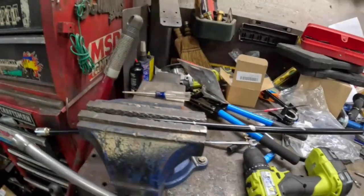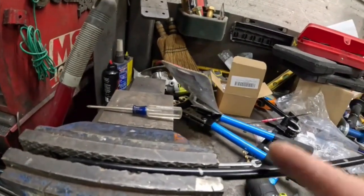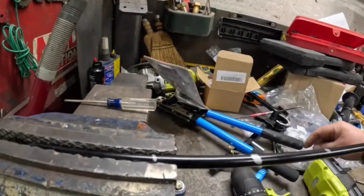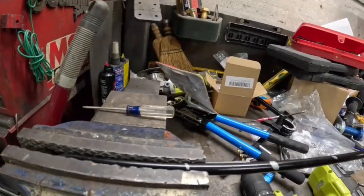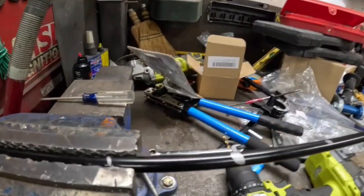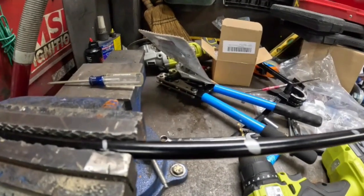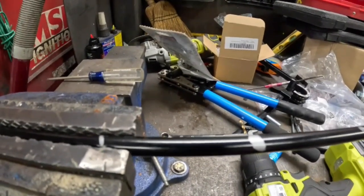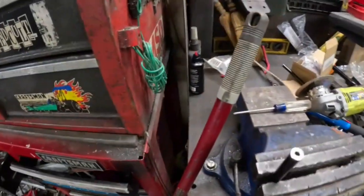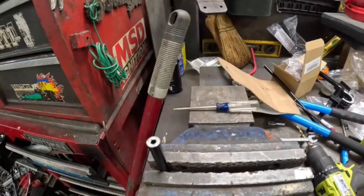For now, though, we're gonna take the cutoff wheel, we're gonna cut this where we want it, and then we're gonna get it and thread it. Then we're gonna get another bolt, cut the head off, and that'll be our stud to go in and out. We'll show you as we go, I guess. Alright, there it is, cut off where we want it. Now, all we gotta do,